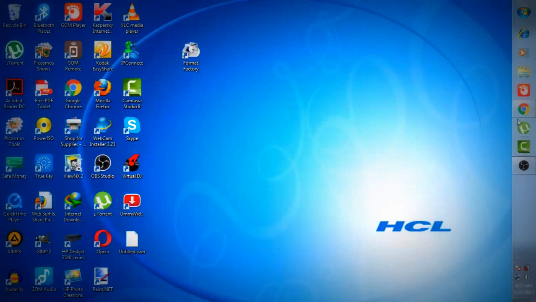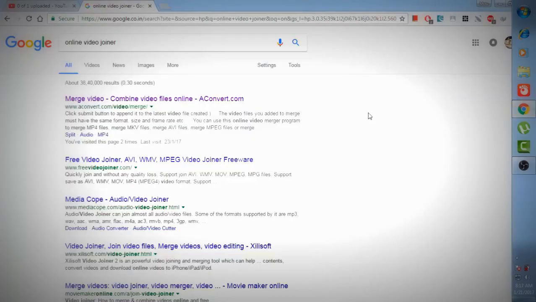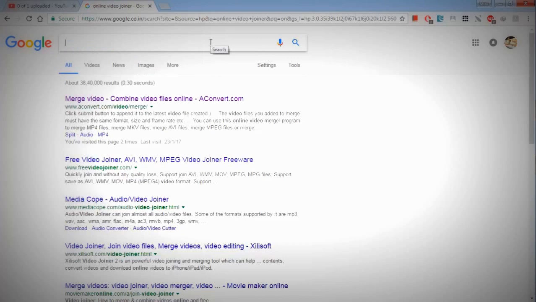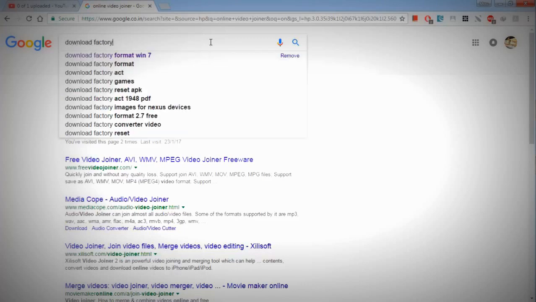So what you have to do to download this software is open your browser and, in the search bar, just type in there. Just hold on a second, my computer got hanged. Yeah, in the search option, simply type download Format Factory.